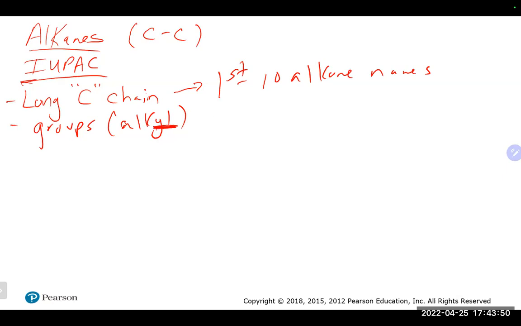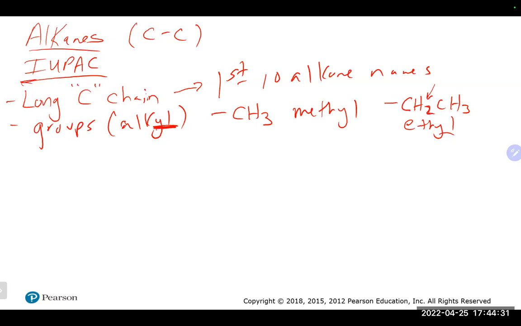So instead of CH4, which is methane, we have a CH3 group that is missing one hydrogen. So instead of methane, this is what is known as a methyl group. If you had a 2-carbon group, this is based off of ethane. Again, it's missing one hydrogen to allow it to bond at that carbon on the left without having too many bonds. And instead of ethane, it is an ethyl group. So you could roll through the first 10 just like that. Missing one hydrogen will be a group.